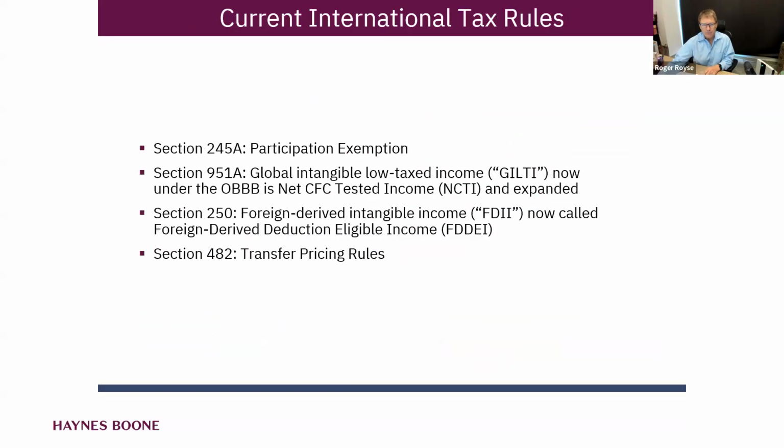And the reason why is because in 2017, we got this thing called GILTI, the Global Intangible Low Taxed Income, which has been changed by the Big Beautiful Bill to a new definition and expanded. But the idea is that income of that controlled foreign corporation is going to get taxed back to the owner. Okay, so that's the general idea. It's an anti-deferral rule, and it has really pretty much shut this entire planning strategy down for most startups.